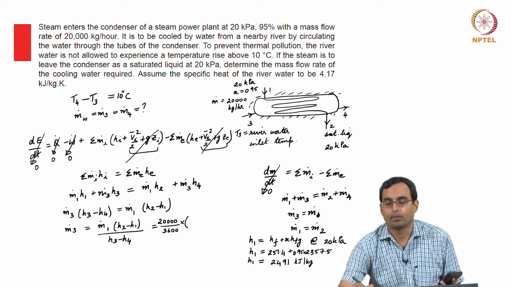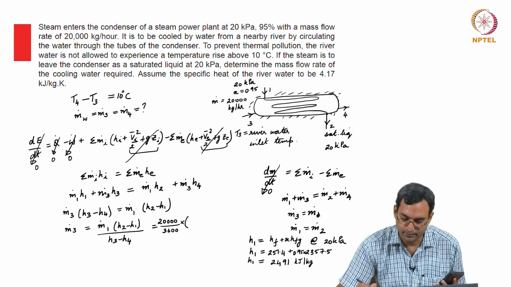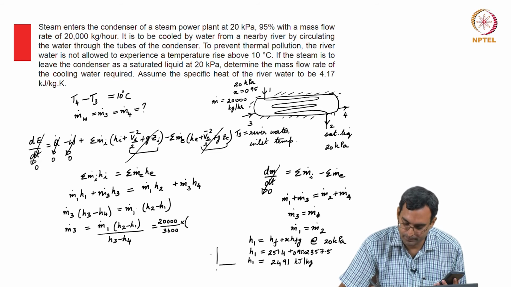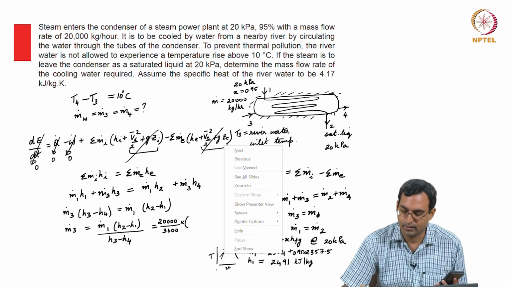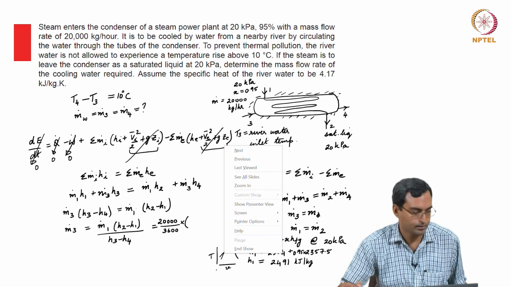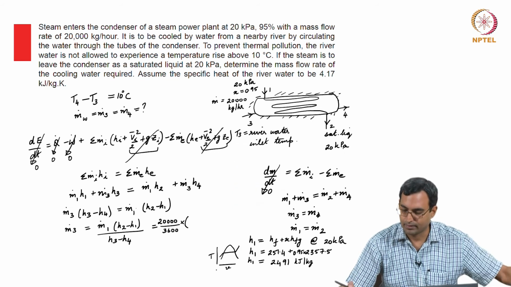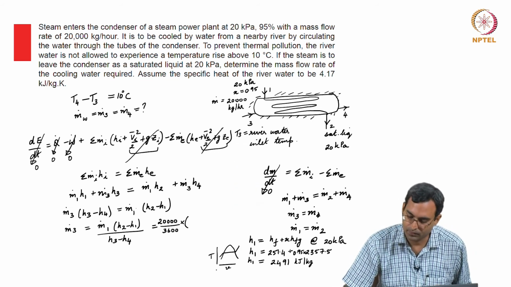So, this point would lie on the saturated liquid line on our T-v diagram. If this is a 20 kilopascal isobar, this would be the liquid line, that would be this point. So, the value of that is 251.4